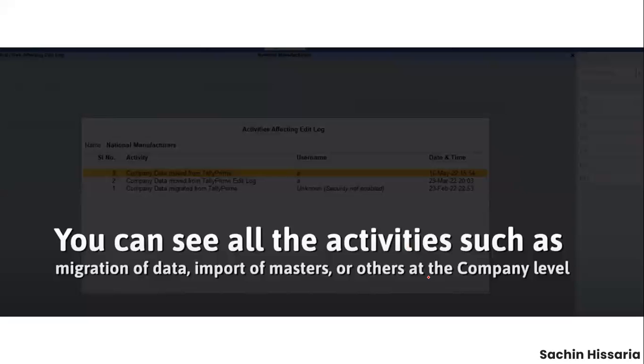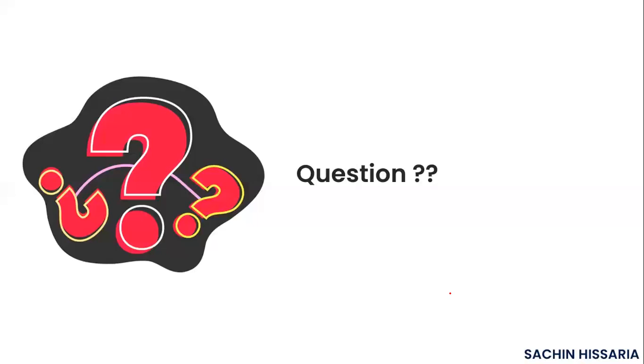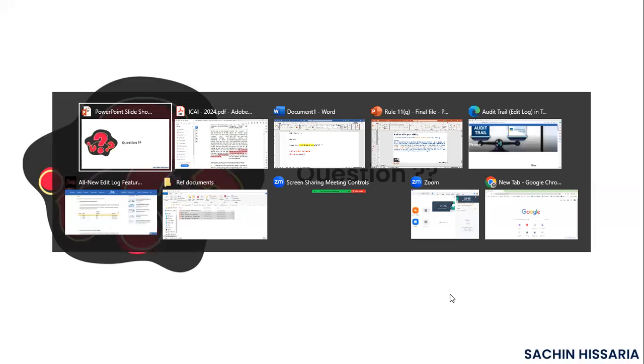Basically, in this you can verify when the company adopted this new version. You need to click here on the company, then edit log. Once you click here, you can see all the activity. For example, when they did the migration of data, or when they imported any master or any other details at the company level, you can verify those things here. So guys, in this video, I just explained to you about